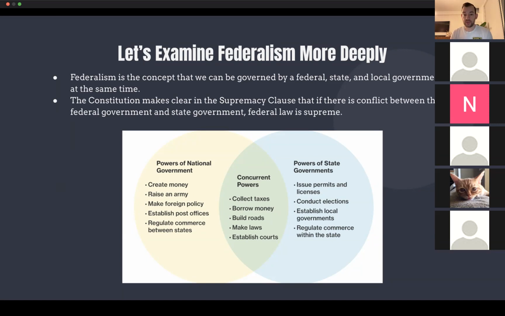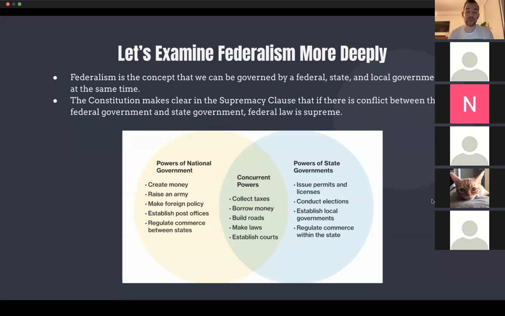Now, on the other side, you can see that some important powers did stay with the states. For example, the most important power that states might have is conducting elections. There is no national structure for how to do elections. Some people think that's a big mistake, and we should nationalize elections at this point. We'll talk about elections a little later. But it's fascinating that each state can have different rules around elections as long as it doesn't violate the Constitution.